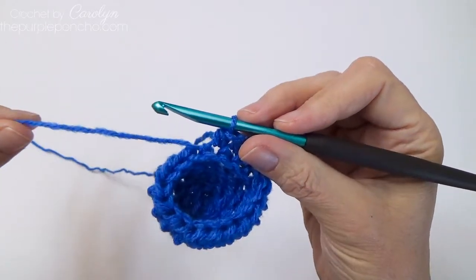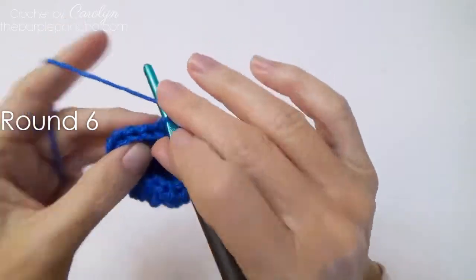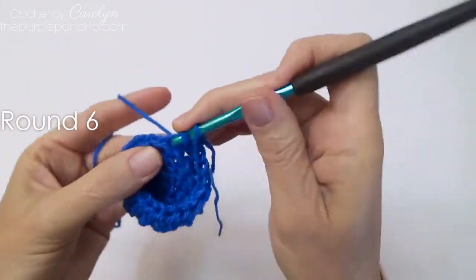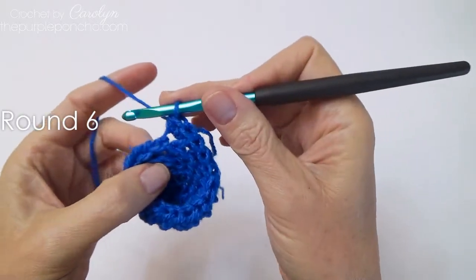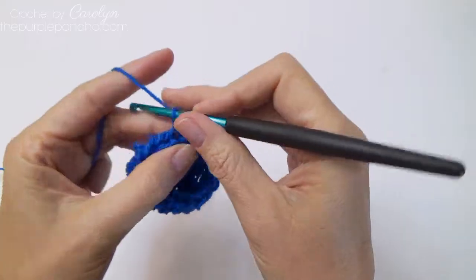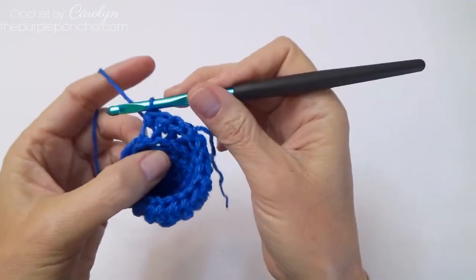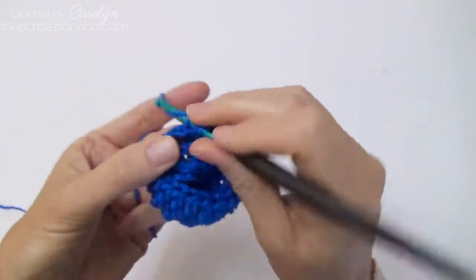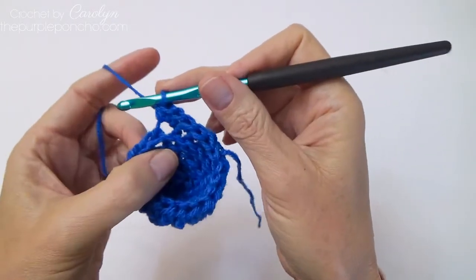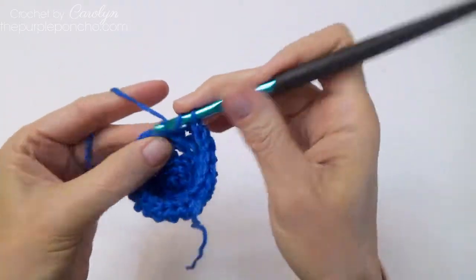I'm back at my tail. Drop it over the working yarn in the back. And row 6, we're going to do 2 half double in the first stitch, and then 1 half double in the next stitch, and 1 half double in the next stitch, and then 2 in the next, 1, 2, and then 1 and 1,